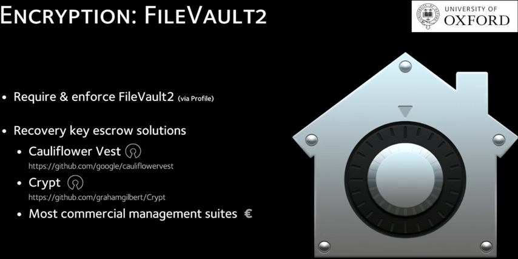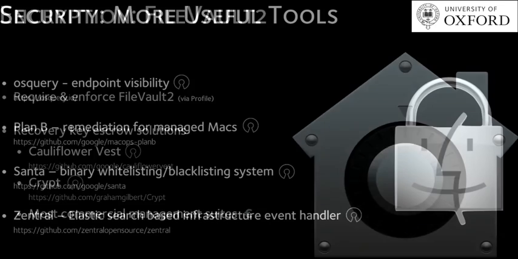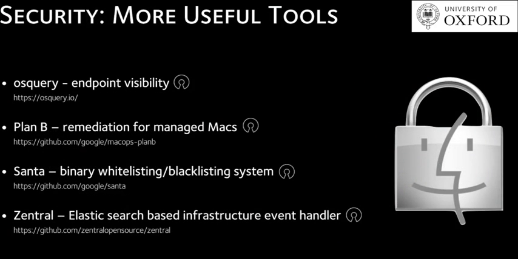So you want to make sure that not only your user can access and decrypt the data, you also need to be able to decrypt it. There are different key escrow solutions. Cauliflower Vest and Crypt are two really nice small open source tools to which you can just send your enterprise or your device-specific decryption key and then store it, hopefully securely. Commercial tools have solutions for that. As we're running out of time, very, very quickly,